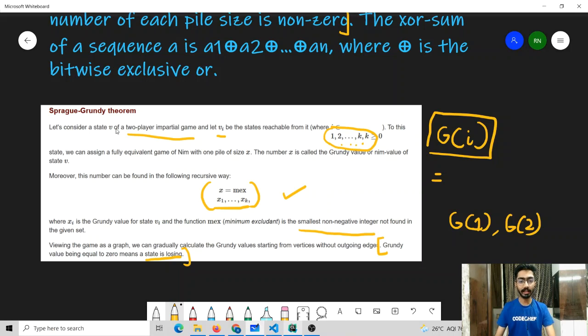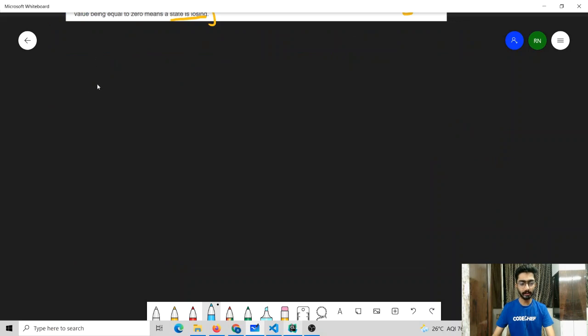The three theorems that I have stated are prerequisites for this problem, and if you are unfamiliar with them, I would suggest you pause the video here, try to learn the Sprague-Grundy theorem, and then come back to this problem. So according to these three theorems, if we need to find the winner of this particular game, we can consider all the given numbers as independent numbers like A1, A2 and A3. We can try to find the Grundy number for each of these states.